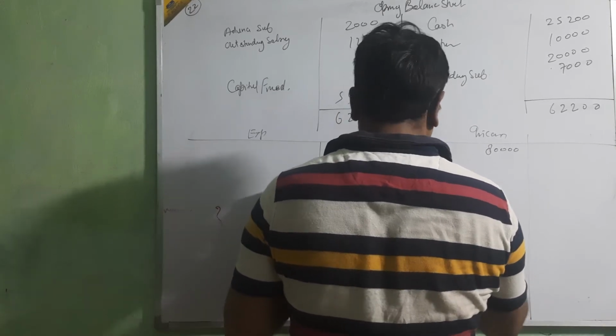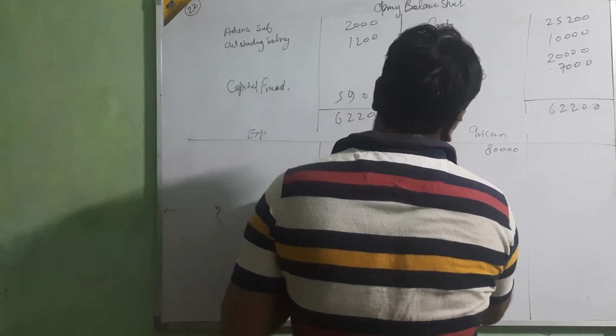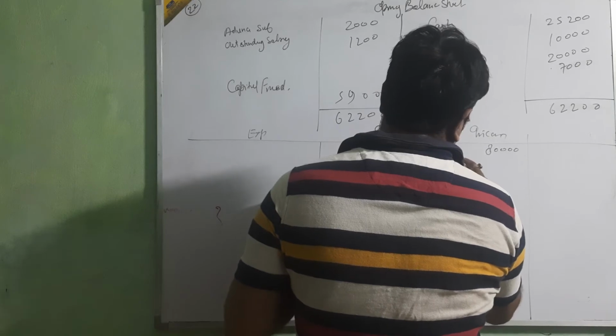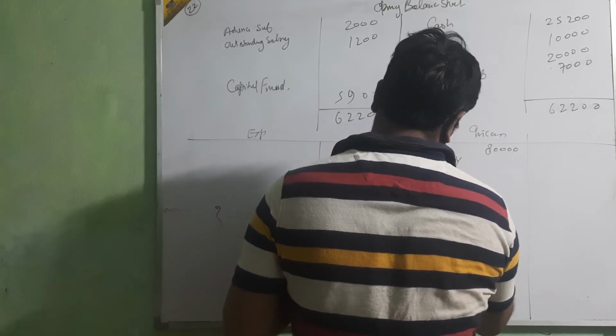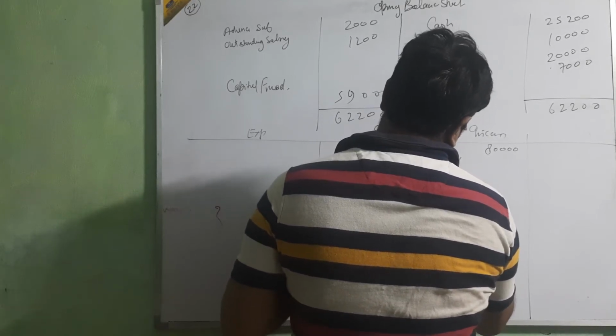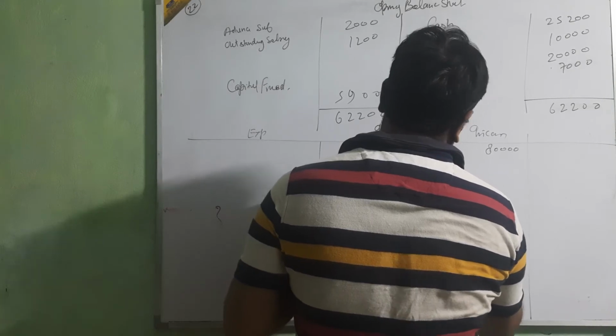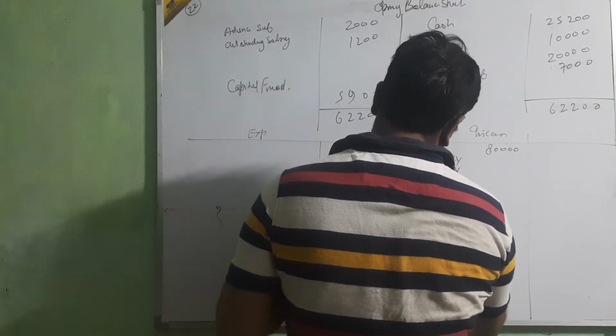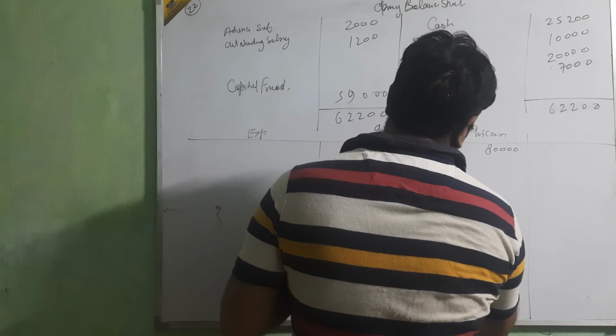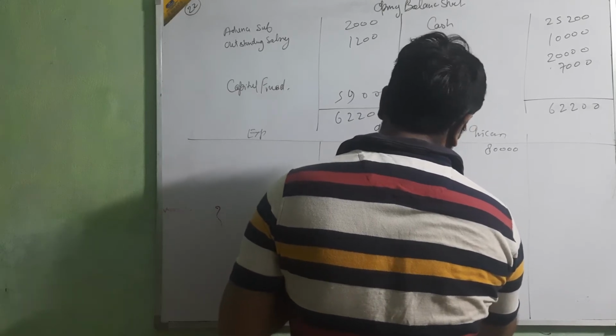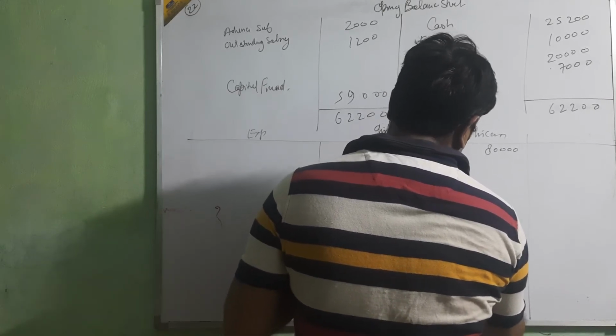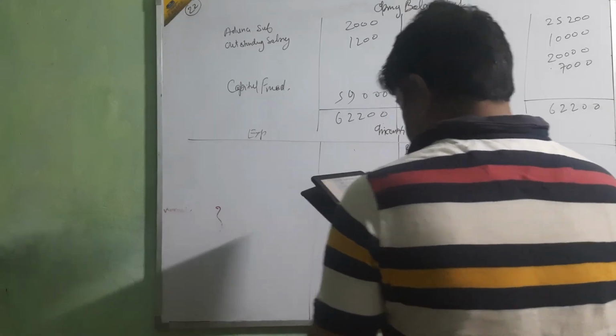Then add outstanding current year, advance last year, less outstanding last year, advance current year. Okay, just see,